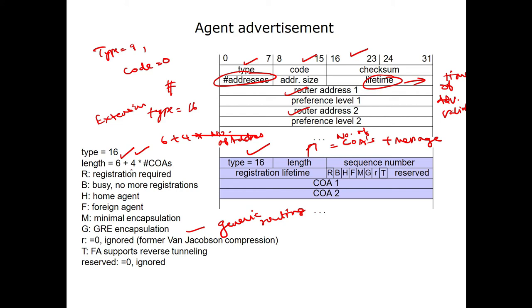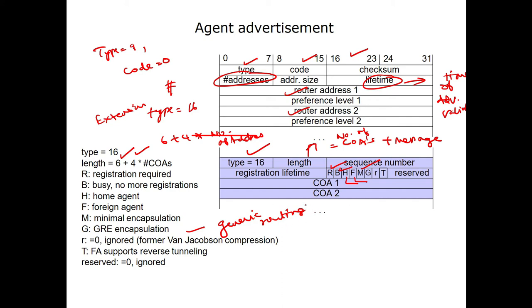So here we can calculate 6 plus 4 into number of addresses, which calculates the length of the agent advertisement. And then R is said to be registration required, and B is said to be busy node when it is more registration, H is said to be home node, F is said to be foreign agent, and M is said to be minimal encapsulation, and G is said to be GRE encapsulation, which